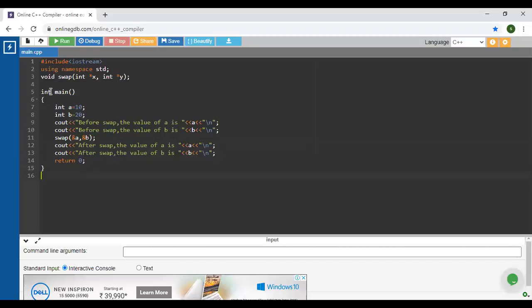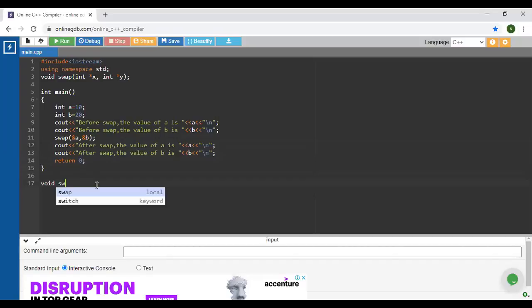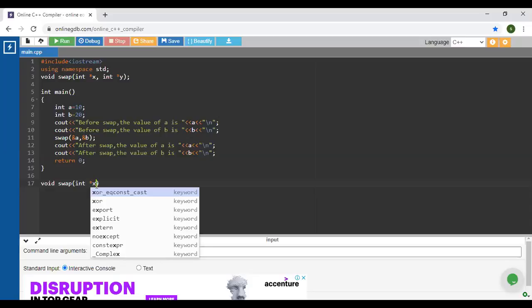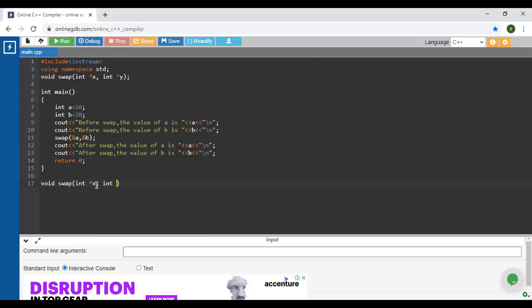What is that function? Void swap. It will accept two different values, int *x, int *y, pointer variables. Then use a temporary variable.